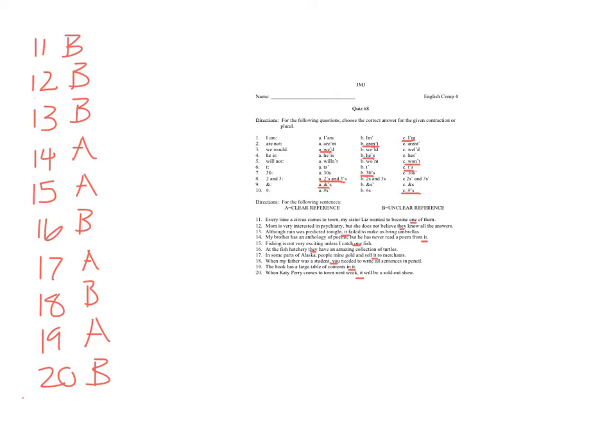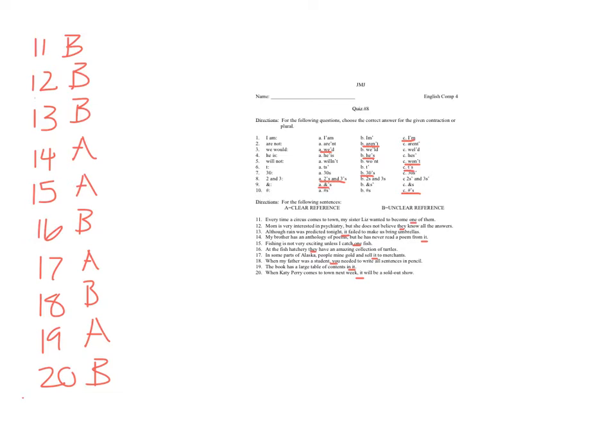Okay? And then for 11 through 20, these dealt with weak and indefinite pronoun reference problems. So what I did was I underlined the pronoun that was the problem. In 11, "one" is not clear to anybody, so that's why it's unclear reference. Same with 12, we don't know what "they" refers to. Same thing with 13, "it," we don't know what it's referring to. 14, though, is correct because it refers to anthology. And 15, "one" isn't a pronoun here, but it's an adjective, so that's correct.